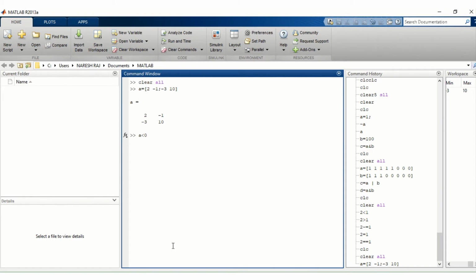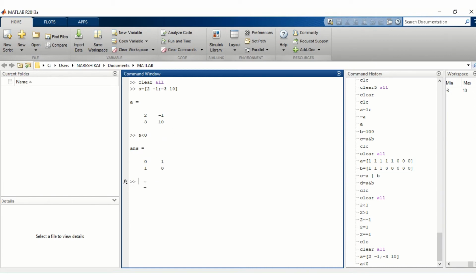Let's see here: minus 3 is less than 0, so the condition is true, and 1 is represented. Minus 1 is also less than 0, so the result is 1. And 2 is greater than 0, so the condition is false, and for false the value is 0. 10 is also greater than 0, so the value is false, equal to 0.